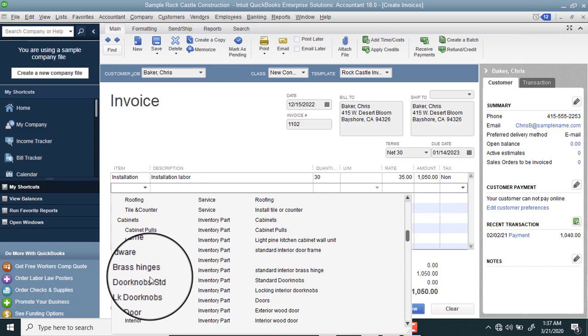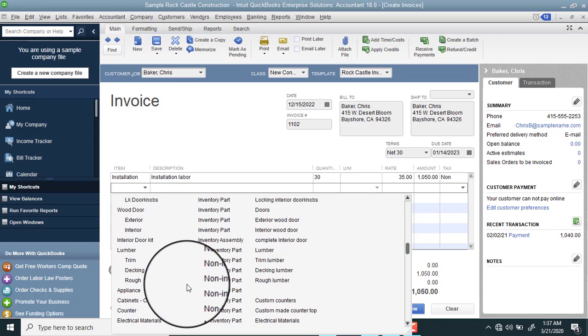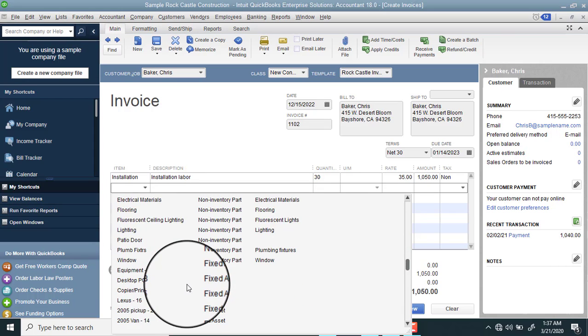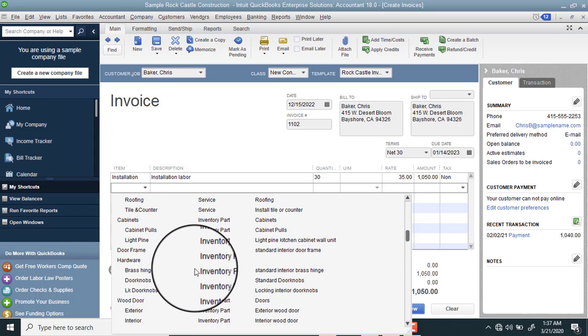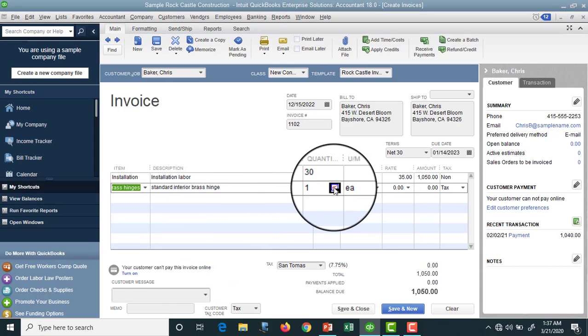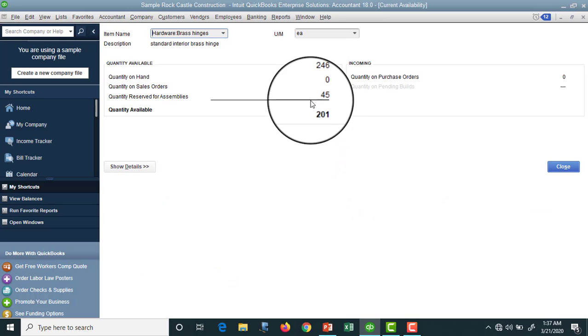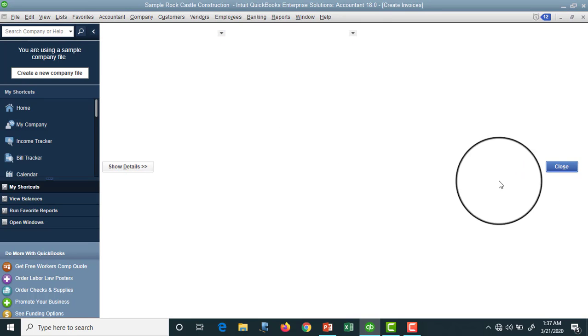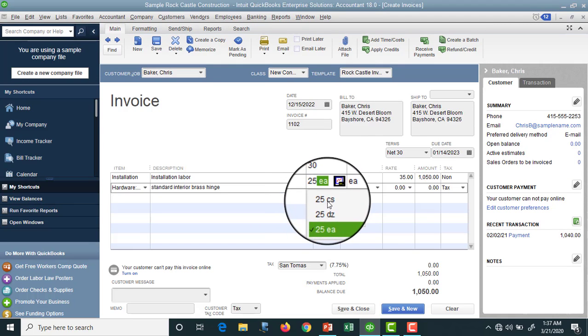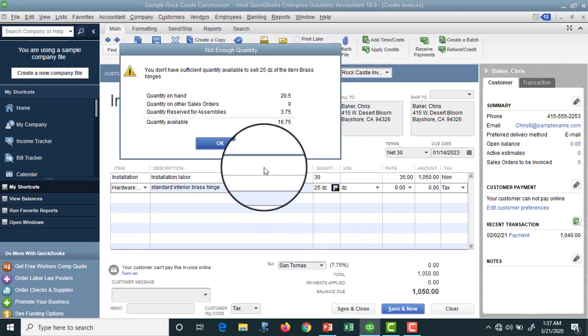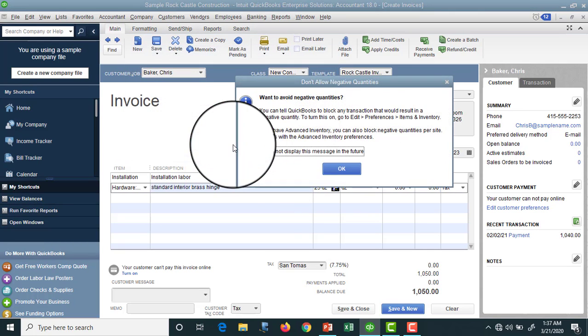Then some inventory part or something, hardware, for example this is the one. Let's see how much you have. So you have 201, so that's fine. Now, for example, you needed 25 dozen. Okay,